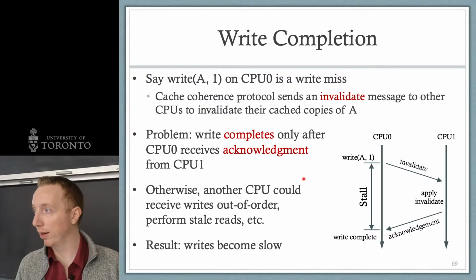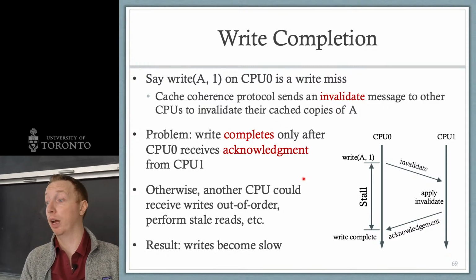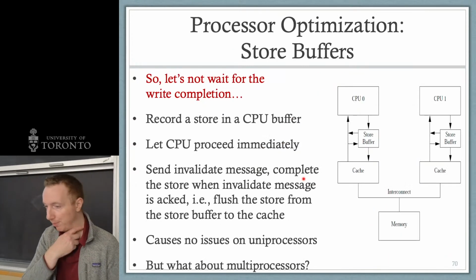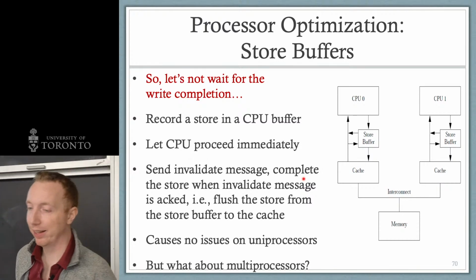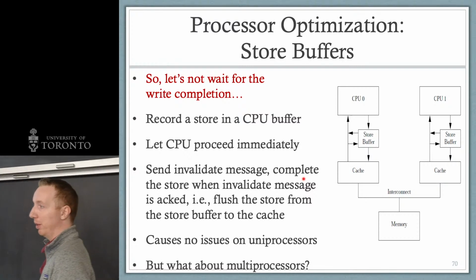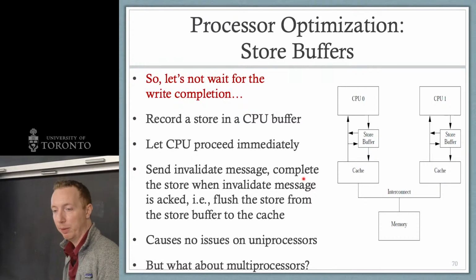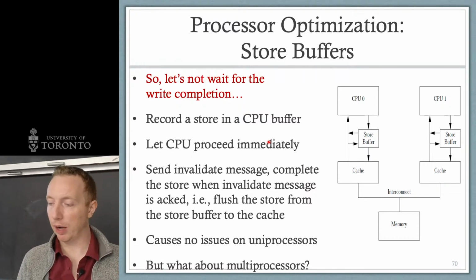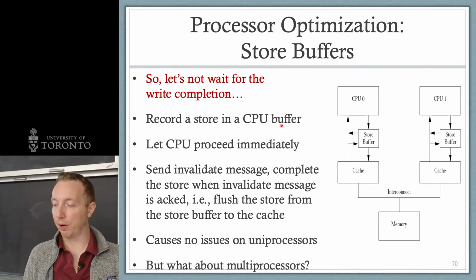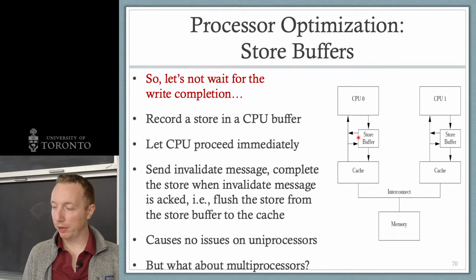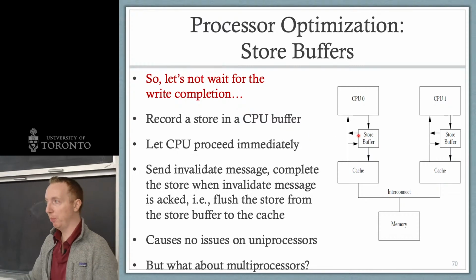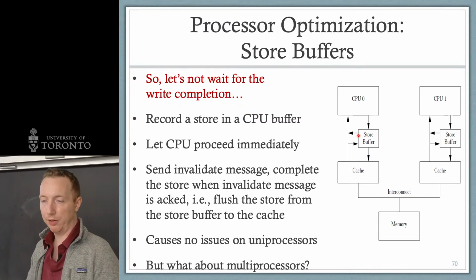But the result of this is writing becomes hella slow. So one optimization you might have is like, hey, let's not wait for the write to complete at all. I don't really care about that. Let's have a store buffer on part of our CPU. Just write the value to the buffer and let the CPU proceed immediately and figure out that cache stuff in